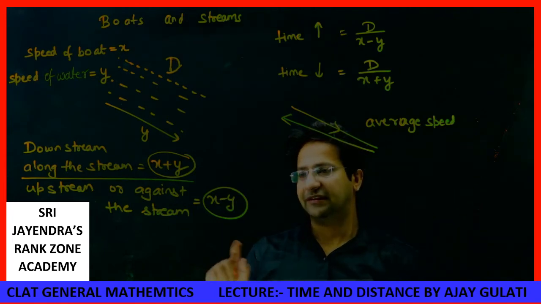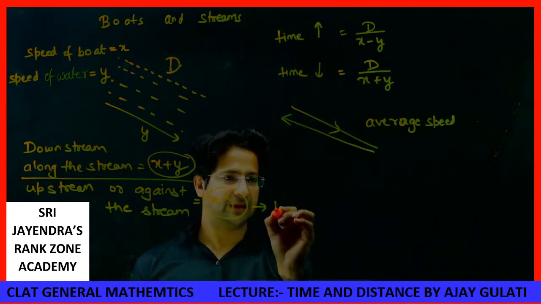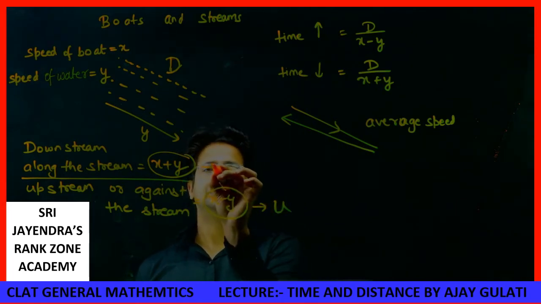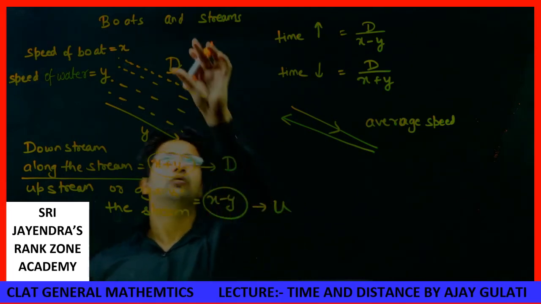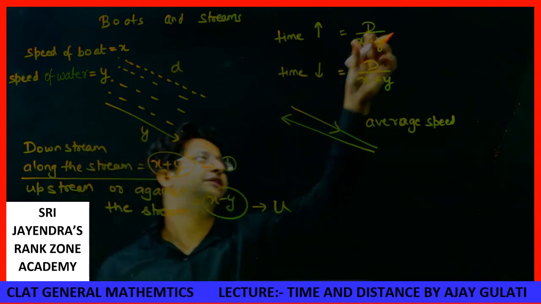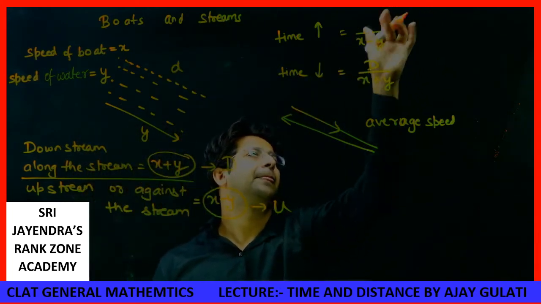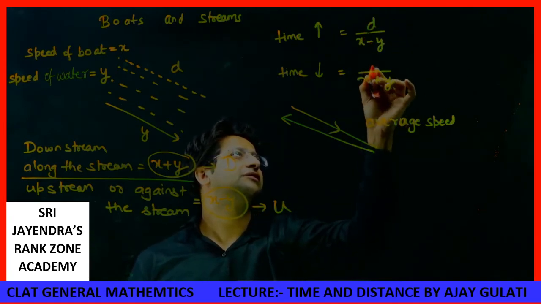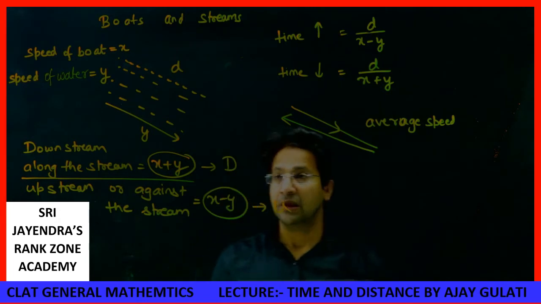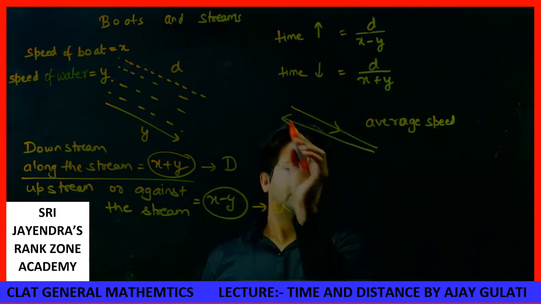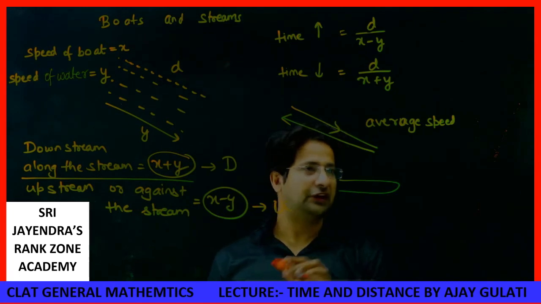Average speed. This is denoted by capital U. This is denoted by capital D. What I should be doing is changing it to small d. This distance is d. This is d. This is again d. Now, average speed, I told you, when a person comes and goes, what is the average speed for such